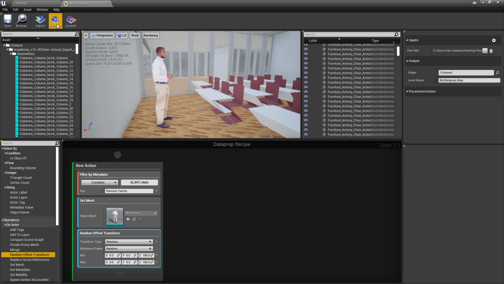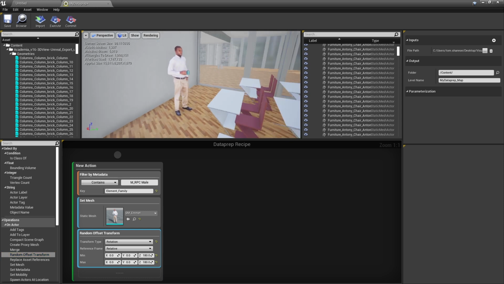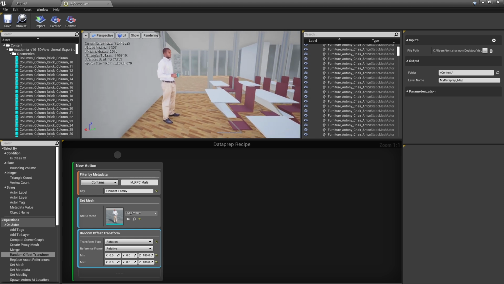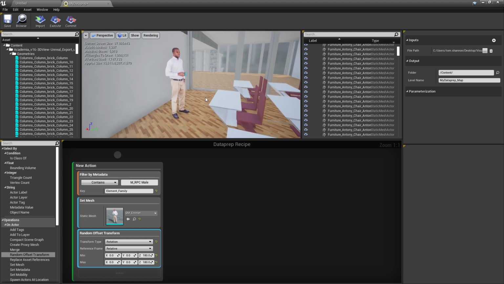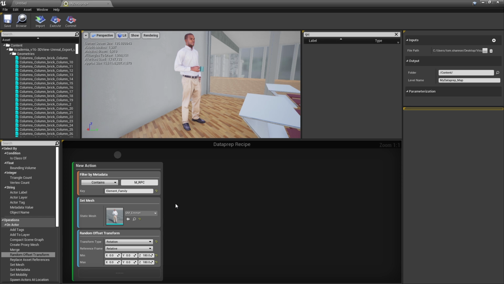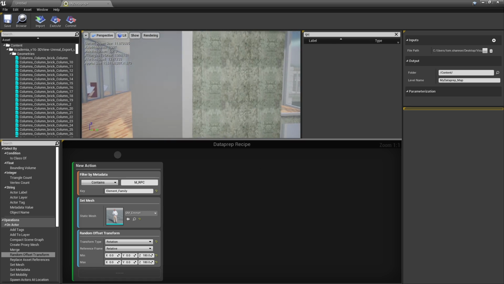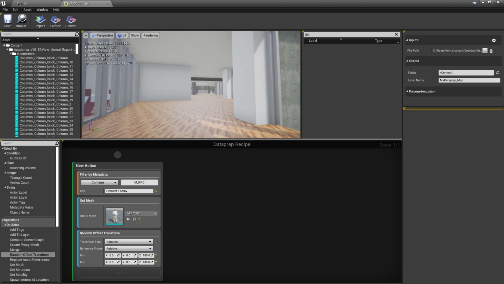Great. And now, as you can see, Emmet is facing the way we would expect, already making some improvements. Now let's talk about materials. Replacing materials is a really common thing to do when we're bringing in our assets. Datasmith does bring in materials from CAD applications, but typically those materials are not the prettiest materials available. You probably have a whole library of really nice materials that you've already created, and you'd prefer to use those. That's really easy to do.